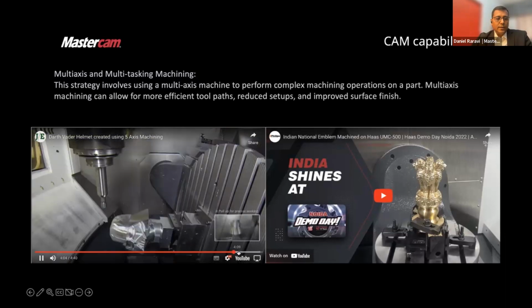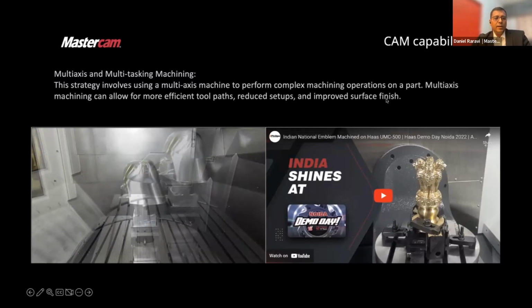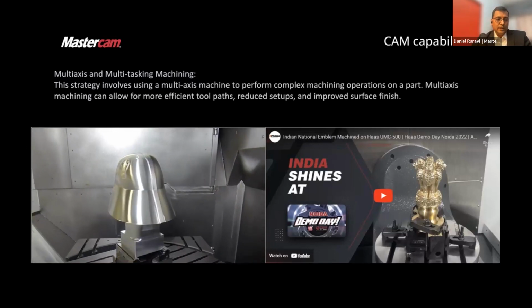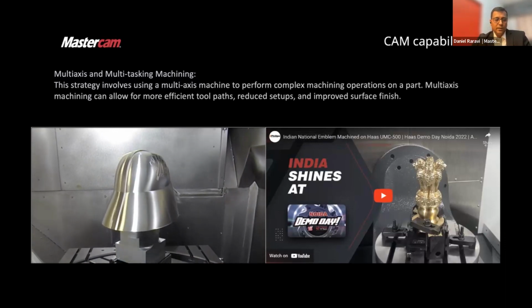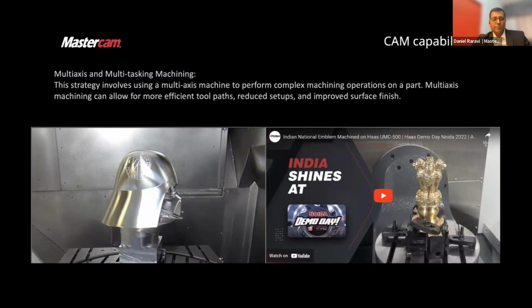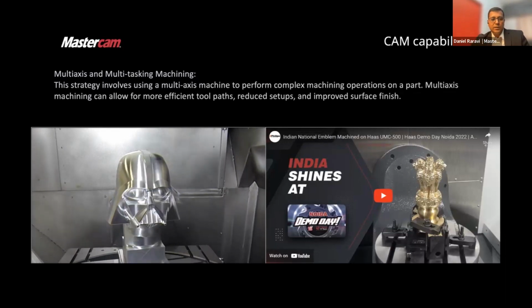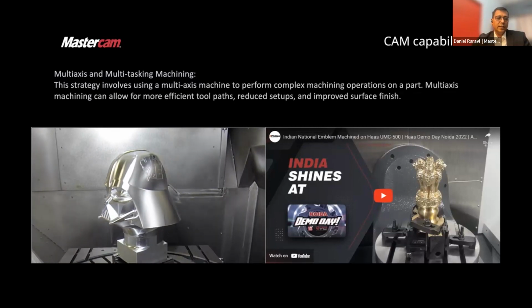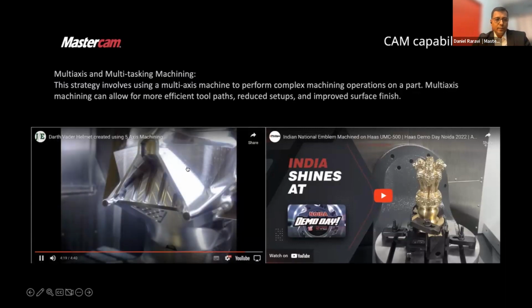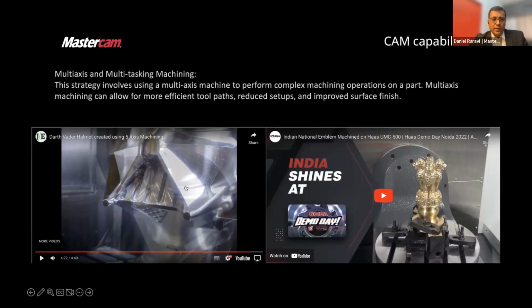These are some strategies here which allow you to make complete use of the strengths of the kinematics of the machine, in terms of whether it's a head-head machine, table machine, or whether it's a head and table combination machine, and delivering finish as well. So typically what I was trying to say here is the strategies are designed in such a way as to benefit from the kinematics of the machine.